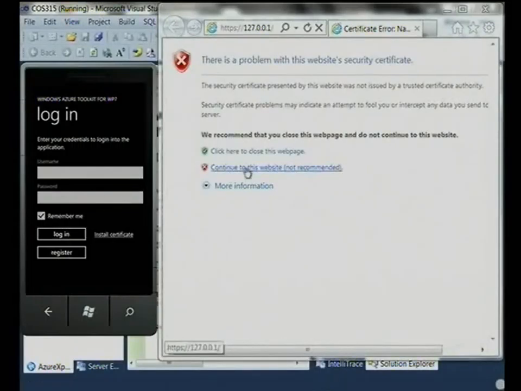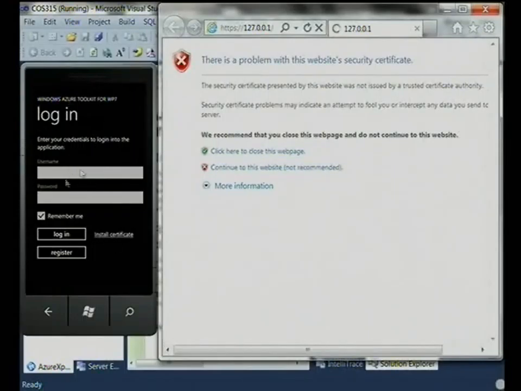And notice it says this is not a valid certificate. That's because if you look at the address at the top, it says HTTPS and it's a local host one. So obviously we don't have a certificate signed by a root CA. So we can ignore the certificate and say, well, I trust this site, so I'll just continue along.